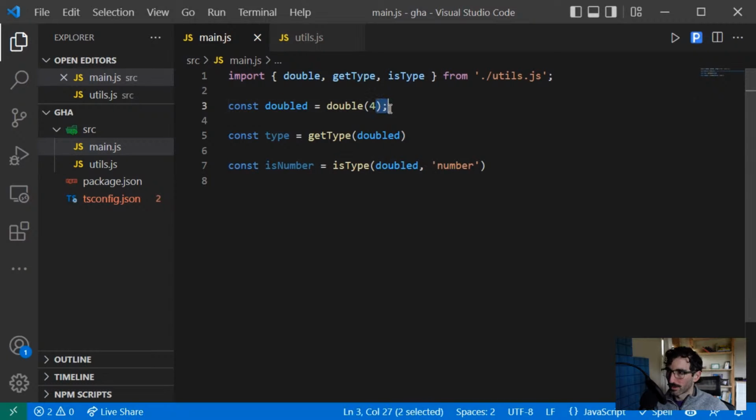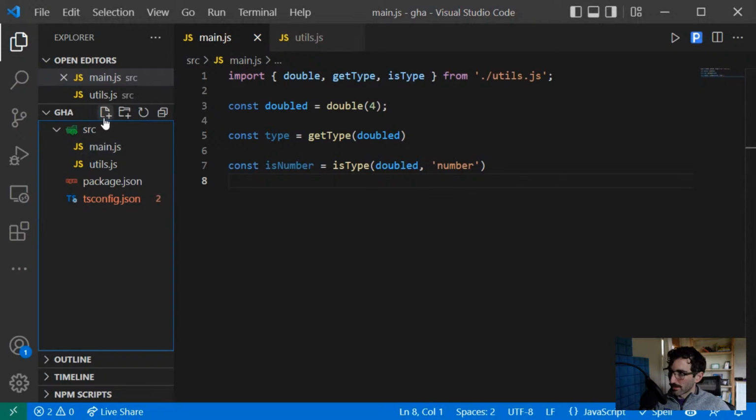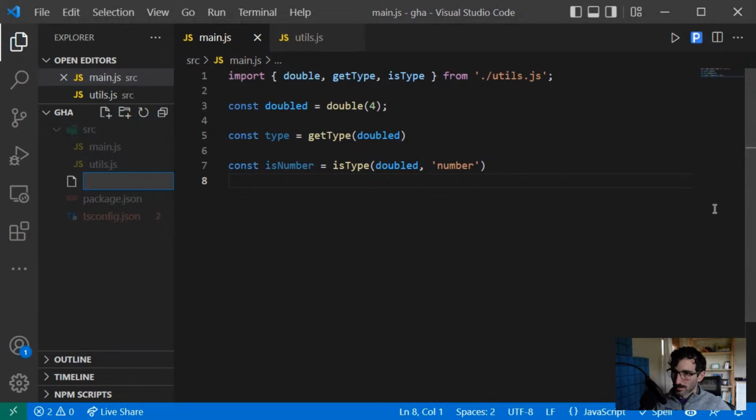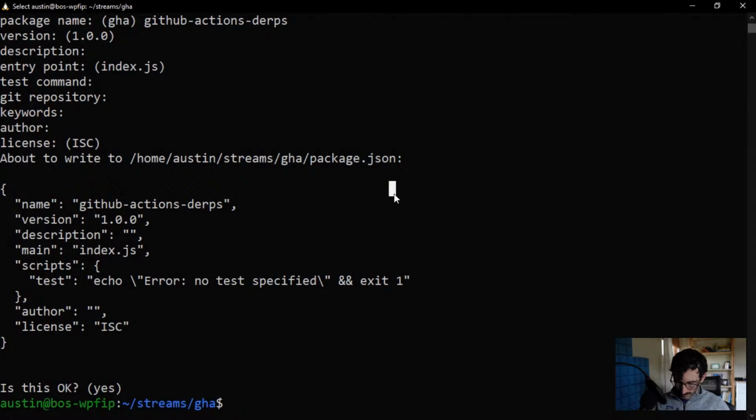Like I showed before, in some cases we have semicolons, in other cases we do not. Whatever, it doesn't really matter to me what you prefer, but what I want to show is how we can get some more consistency in our code base. So I think what we need to do is go to our code here, and we're going to say npm install,